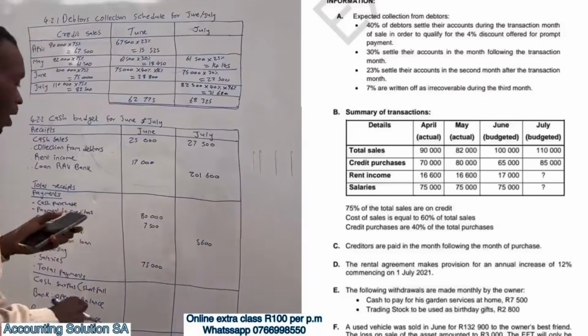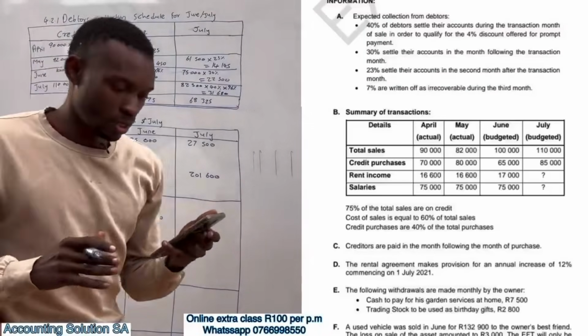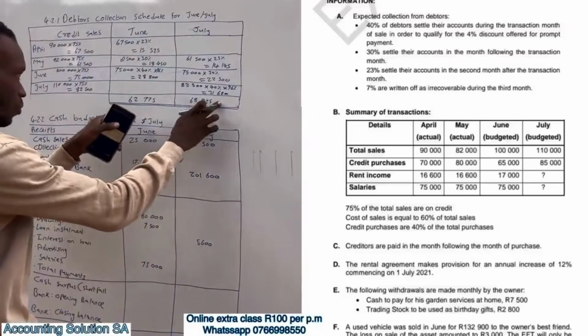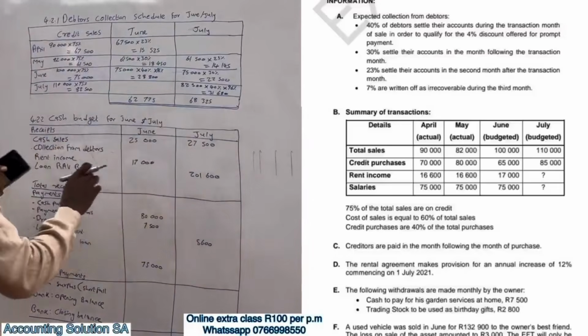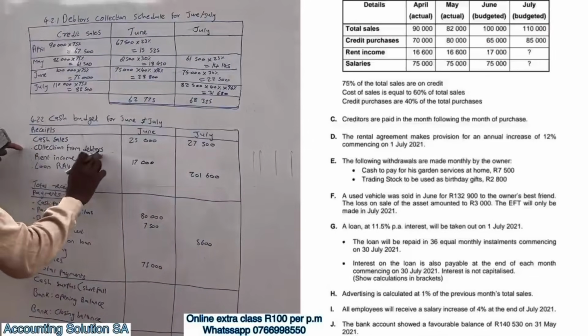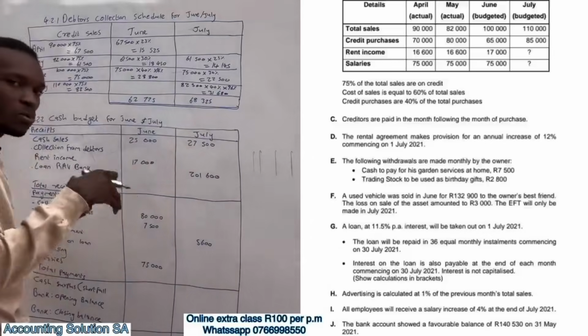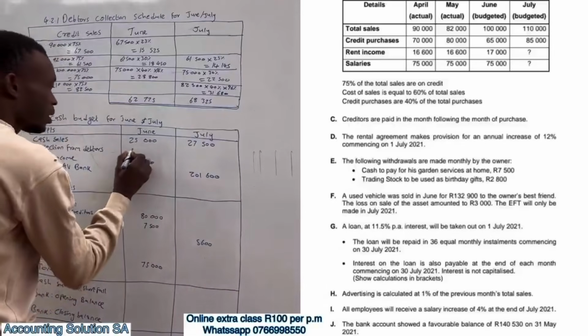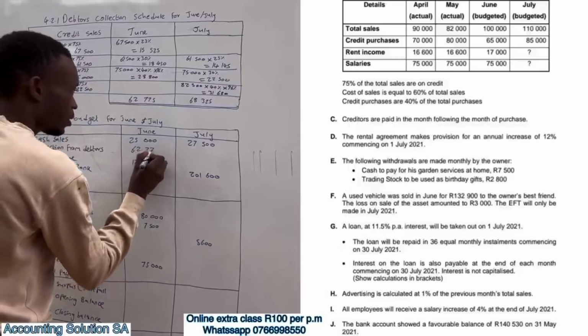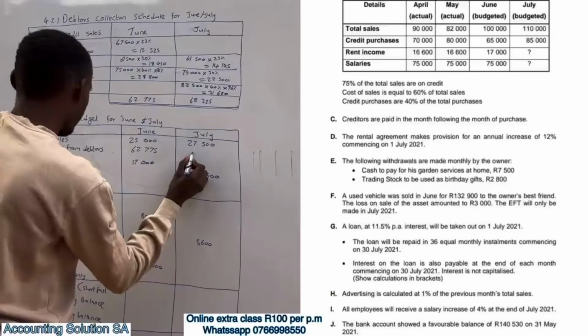Okay. Now, let's proceed. Remember these two, we are going to put them under cash budget. From collection, from debtors. We're just going to copy it because we already worked those answers. 62,775 and